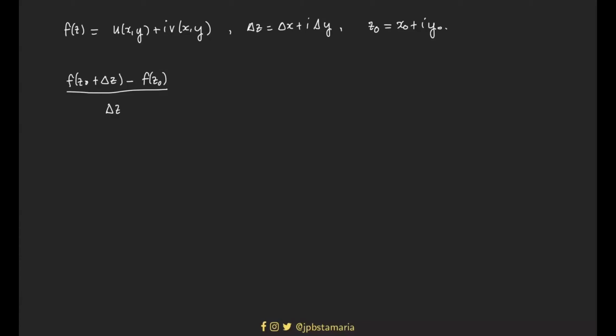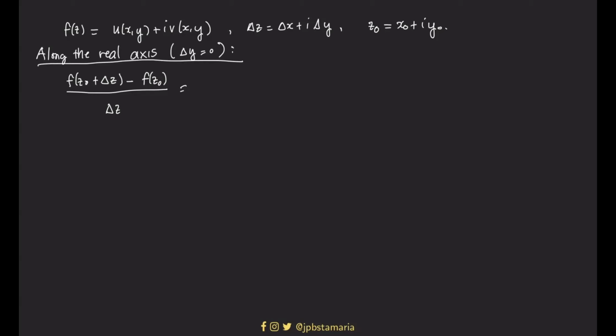Okay. So let's go back to scratch. If you consider this ratio, what will you get? Ang ibig sabihin ng f of z naught plus delta z, yung z naught mo, dinadagdagan mo ng delta z. So in this case, yung x mo, gagawin mong x naught plus delta x, tapos yung y mo, gagawin mong y naught plus delta y. But then again, along the real axis tayo, so ang meaning yung delta y mo is just fixed to 0.